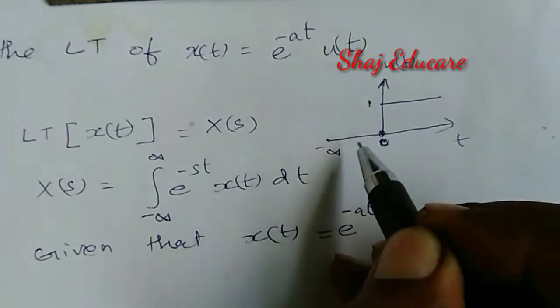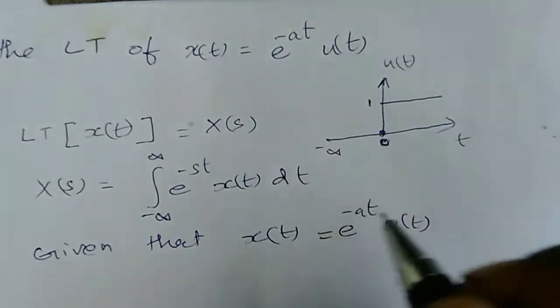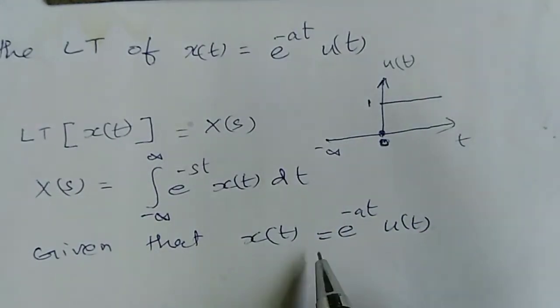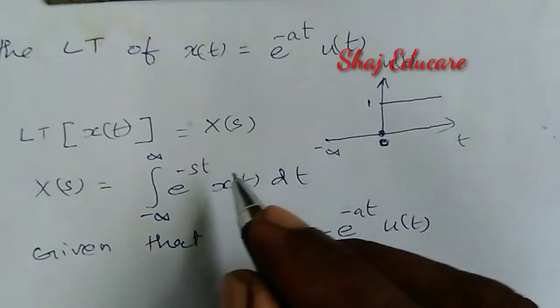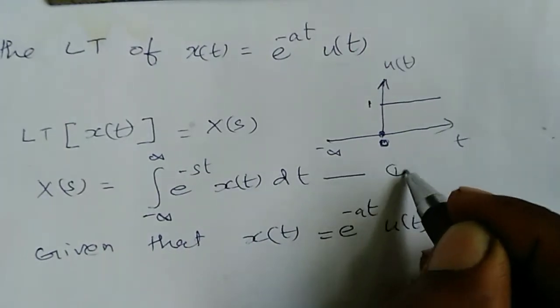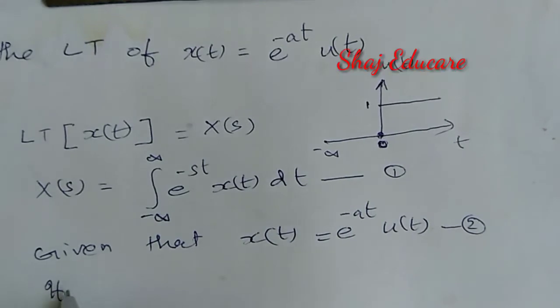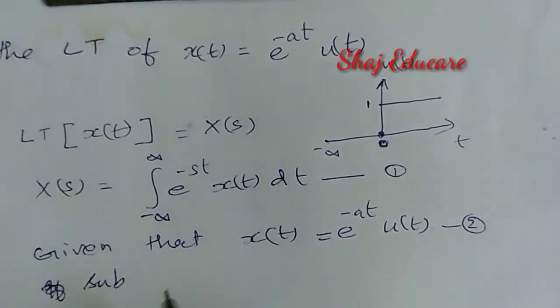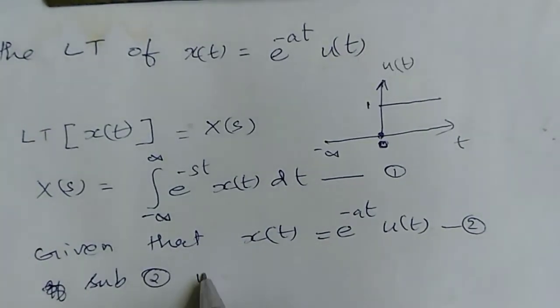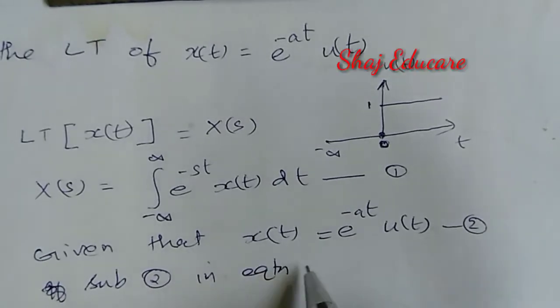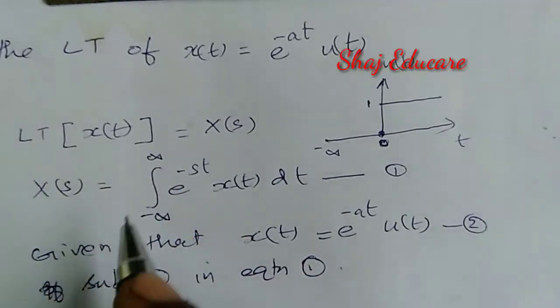Here it is 0. Now let us substitute x of t in this equation. Say equation number 1 and this is equation number 2. If we substitute equation 2 in equation 1, then we are getting